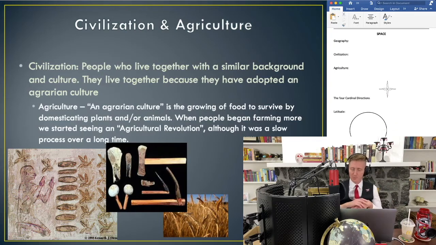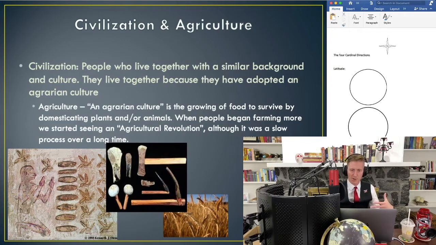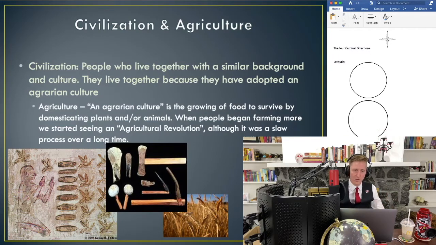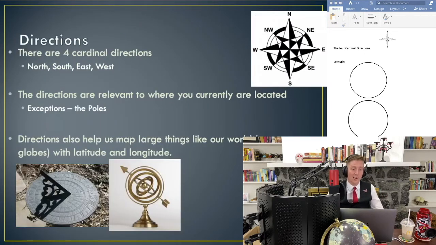Also yesterday, we got to the space portion, or rather geography. We talked about what geography, civilization, and agriculture are, and that should get us to our next portion. All right, let's continue on. So within geography, you are going to know that a lot of these terms